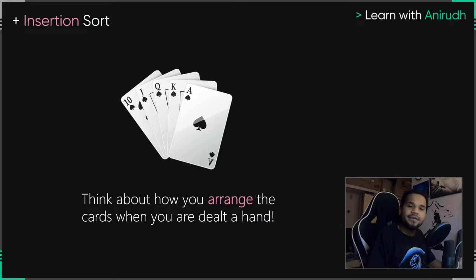So if you have ever picked up a pack of cards and eventually maybe you were dealt 5 or 6 cards and you picked it up in your hand, just think about how you would arrange the cards, right? You would just compare each of it next to each other. You'll find out what is the lowest, what is the highest. Your brain really does a super fast sorting algorithm. It runs a super fast sorting algorithm, believe it or not. When you just look at it in a programmatic way, you might just be wondering, oh, this is difficult, but you actually use it in your real life as well.